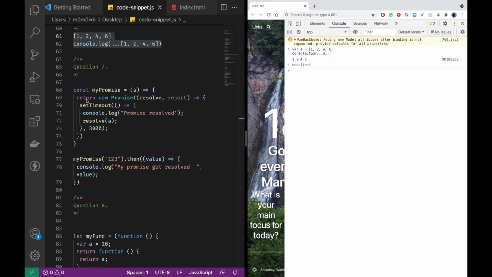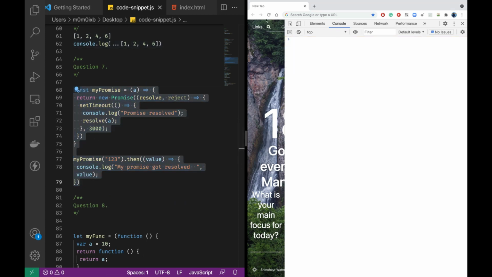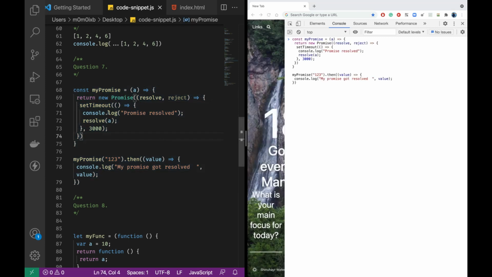Now the next question here is we are creating our own promise. I'll just write it here. What we are trying to do is create a new promise. Many of you may not know how to create a promise. In ES2015, like ES6, JavaScript gave us the syntax where we can create our own promises. Earlier, if we had to create a promise, we used some libraries. Now JavaScript natively gives you promise.